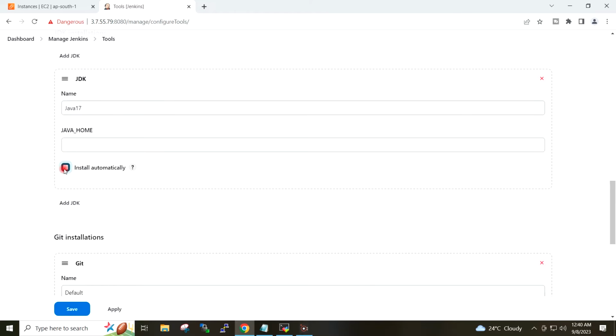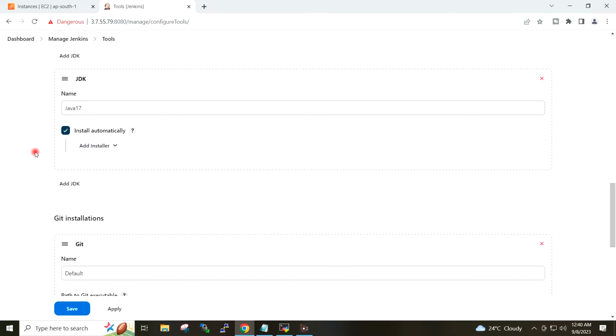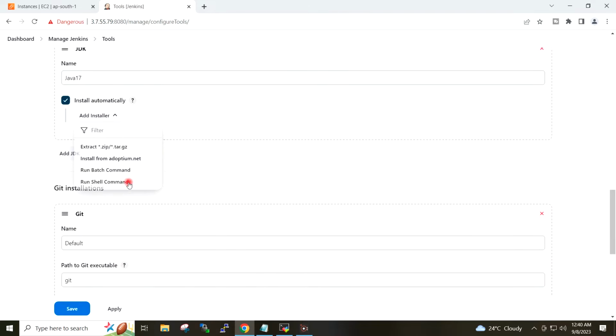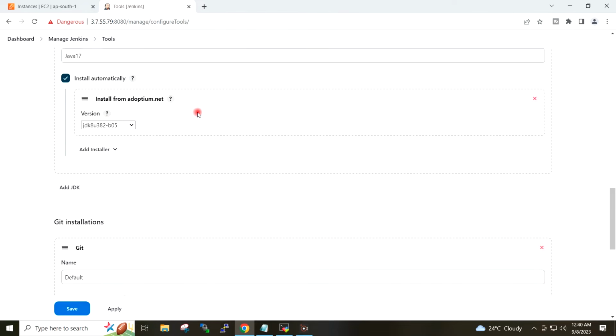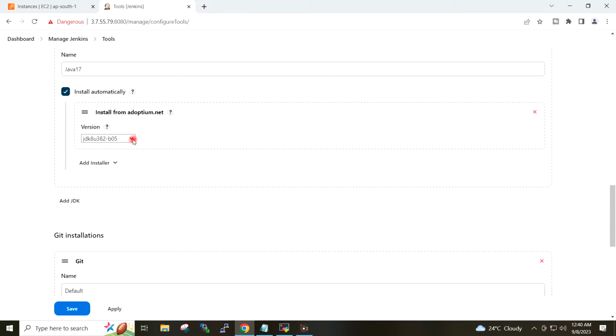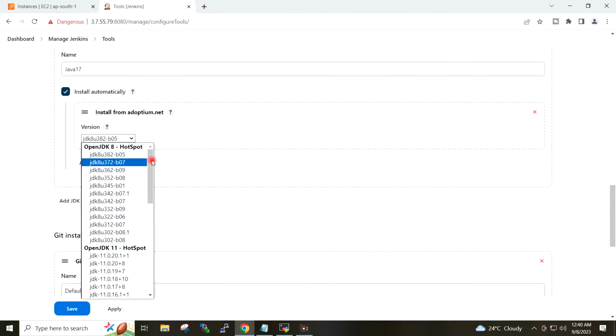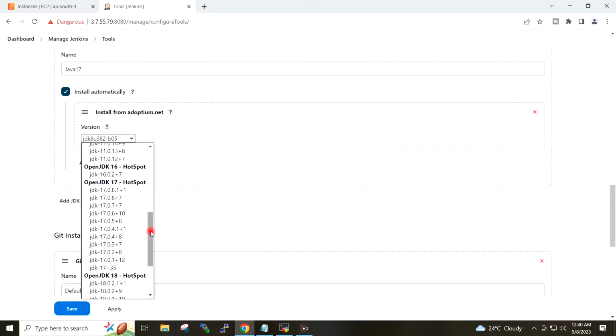I will tick install automatically, click add installer, and select install from adoptium.net, and in the drop down I will select the JDK version 17.0.5+8.